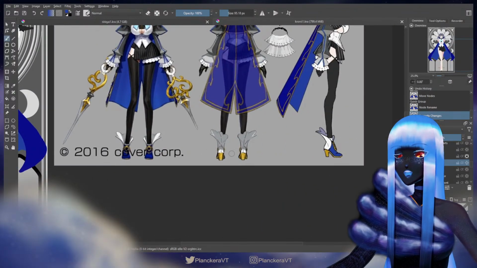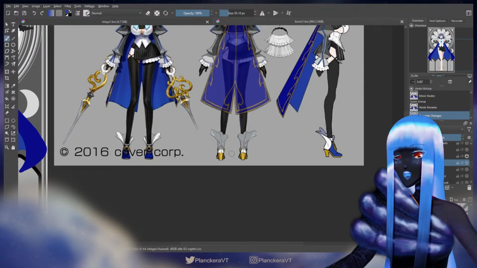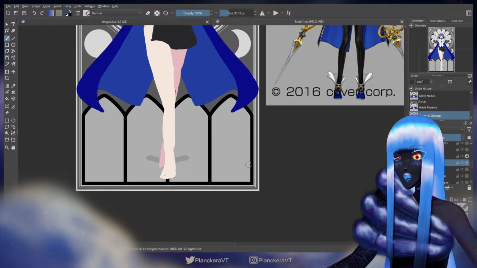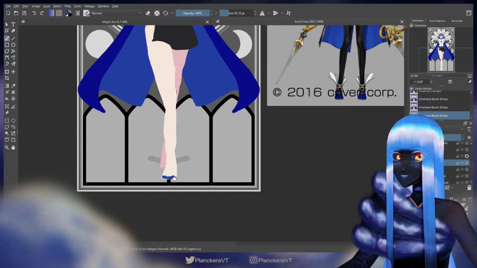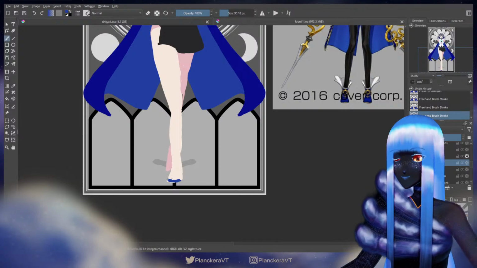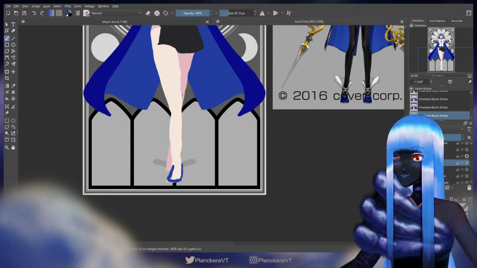So it looks like they kind of lift forward at the toes. And have a slight heel back there, so that's going to raise her ankle a little bit with this kind of front-on pose. And I want to make it clear which foot is which. I have that backwards, don't I?